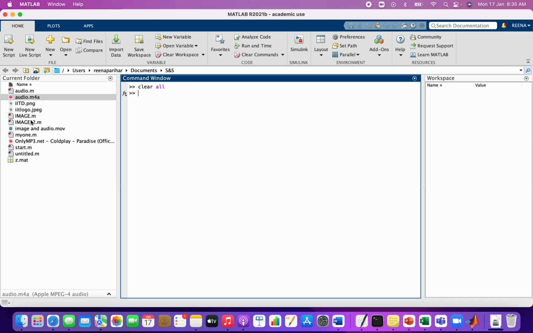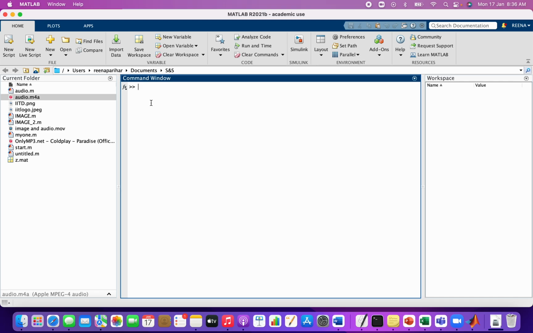So this is the folder. It is not going to come into the picture unless you call it, like a picture or audio file. But you should be sure that these two windows are clear. To clear the command window, you have to press clc, and to clear the workspace, you have to type clear all. It's already clear, so now yeah.